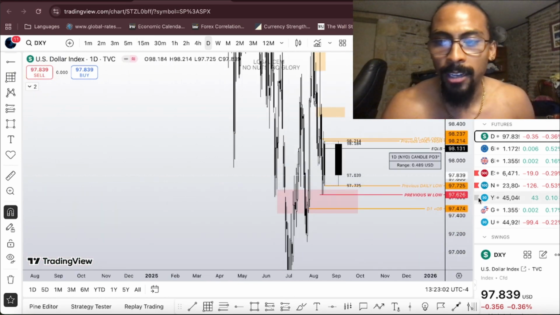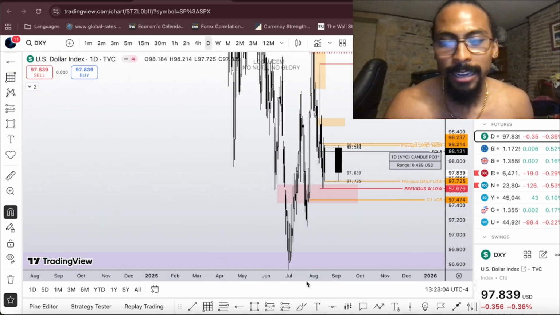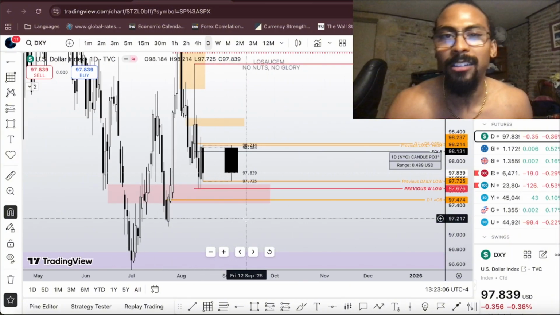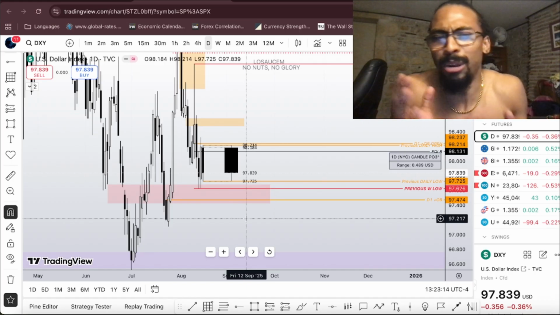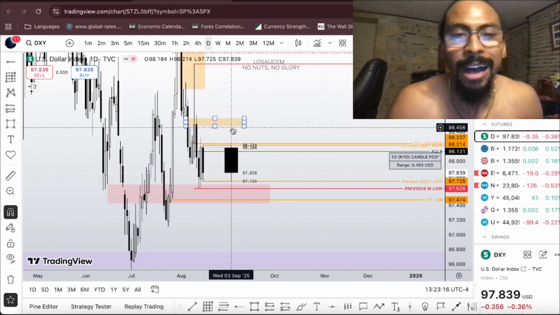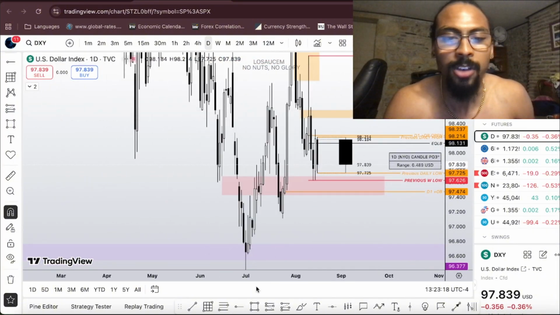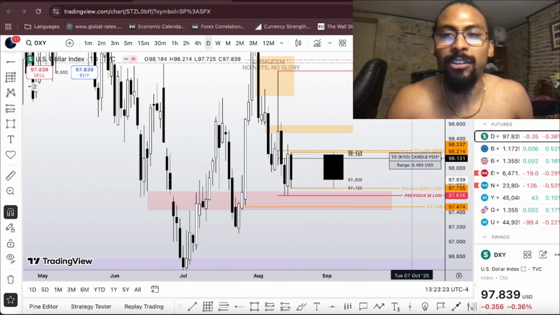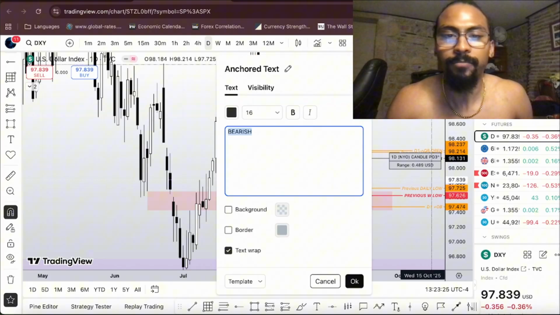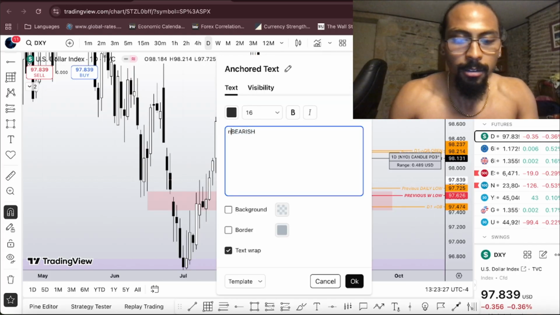So looking at dollar, the reason why I like looking at dollar is just to get a good feel, because if dollar is going lower, the indices are most likely going to start going higher. Usually it's correlated. Sometimes it's decorrelated, and that's when the market could be kind of iffy. But I like to get a good feel of where dollar is going. Right now, I'm bearish, but it's like neutral. I'm neutral bearish.